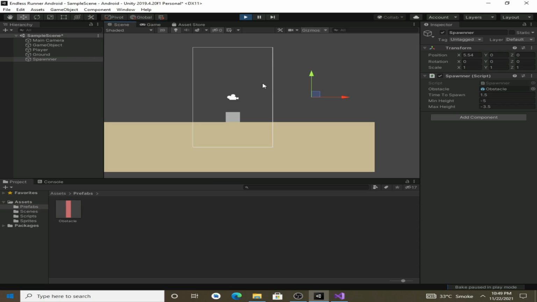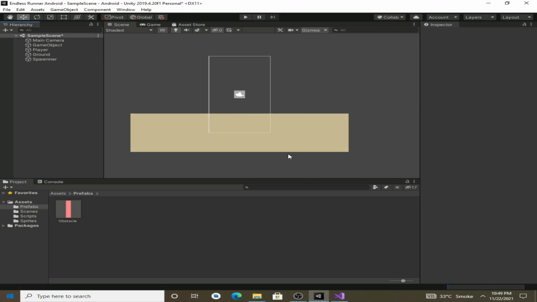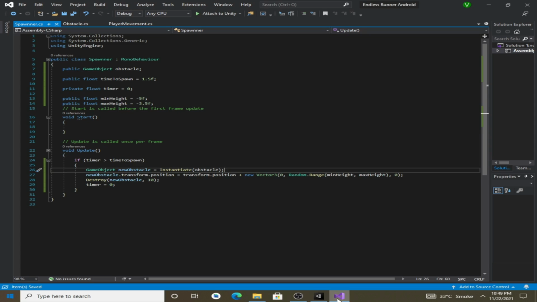Let's go to Visual Studio Code and find out what is happening.